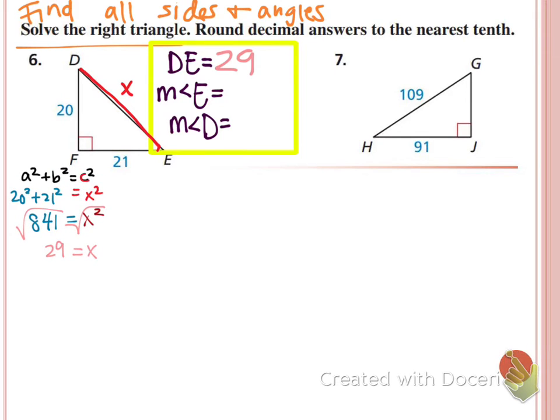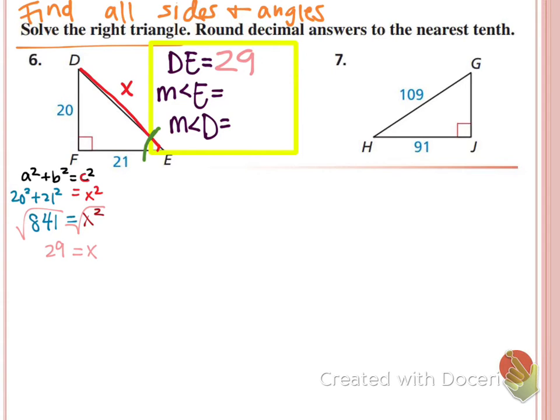Now we find the measure of the angles. Okay, so I listed E first, so I'm going to use E. So you want to label the sides they gave you. Again, you don't know if you're right. This one was obviously a whole number, but sometimes you might round it. I would just use what they gave you because I know for sure that DF is 20 and EF is